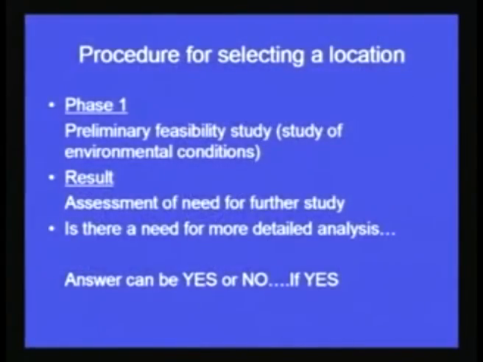So we will do a very preliminary or feasibility study to see whether, according to environmental conditions, this geographical area is fine for us. We can set our plant in such and such location, and this would help us in doing the assessment of need for further study. If we feel that geographically this area is not suitable for setting up our plant facility, in that case we will say the assessment is poor, we are not going to set up a plant in such and such location. Let us find some other locations for setting up a plant.